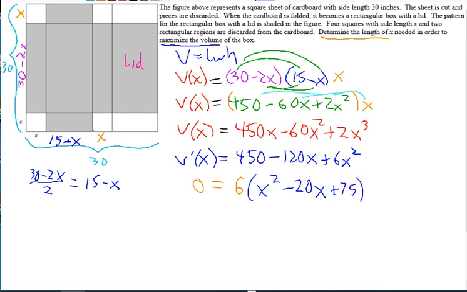And then to see if this factors, are there factors of 75 whose sum is negative 20? And there are. You could use negative 5 and negative 15. Multiply to be positive 75, add up to be negative 20. And we can use the shortcut here since there's a 1 in front of the x squared. So we get a couple answers here. X equals 5, x equals 15. So now when we draw our common sense interval,